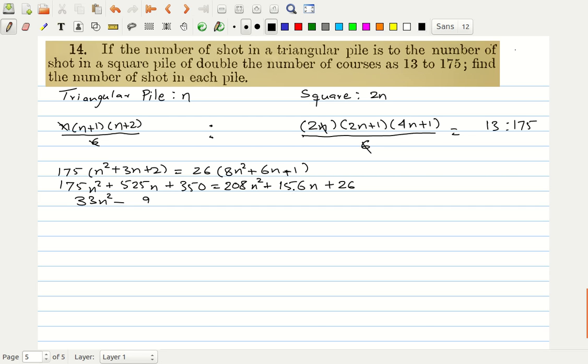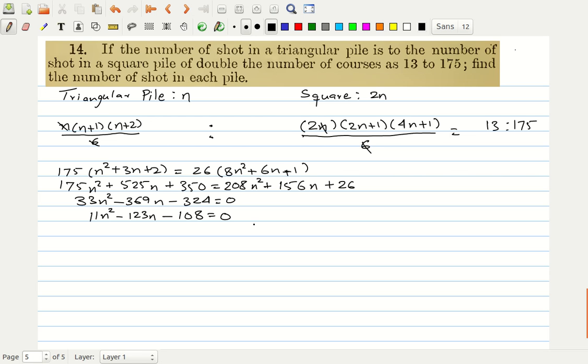and you get 369 n minus 350 minus 350 plus 26 is minus 324 is equal to 0. I can divide this entire equation by 3, so this becomes 11n square minus 123n minus 108